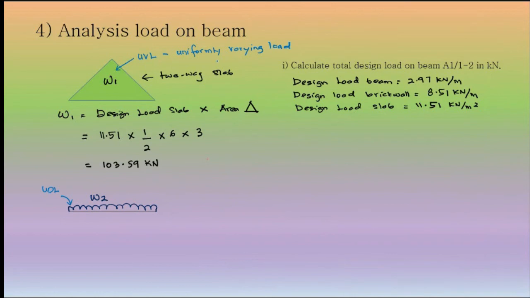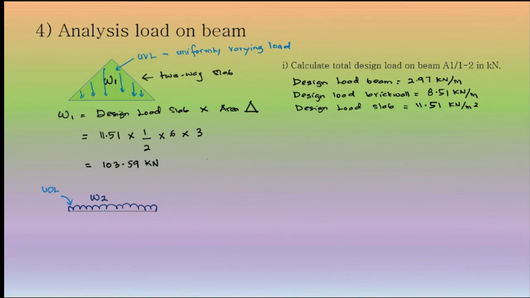Beban teragih pelbagai. Kalau kita tengok kat sini, the load are distributed uniformly. Sama je kan sepanjang length beam tadi. Tapi UVL ni load diagihkan secara tak sama. Kalau kita tengok sini the value tak sama. Okay, the value of distribution load tu tak sama. That's why we call this as uniformly varying load. Okay, back to